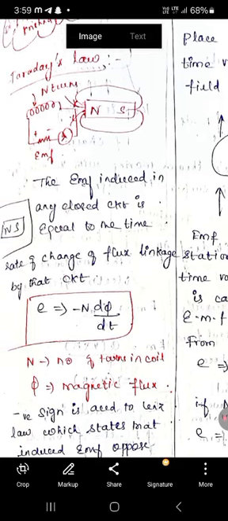The statement is: EMF induced in any closed circuit is equal to the rate of change of flux linked by that circuit, with three cases of experience. First, move the bar magnet towards the coil; then move the bar magnet away from the coil; then keep the bar magnet stationary, with no movement. In these three different cases we experience three different conditions of magnetic flux. In the first case we experience high magnetic flux, in the second case low magnetic flux, and in the third case there is no change in magnetic flux.